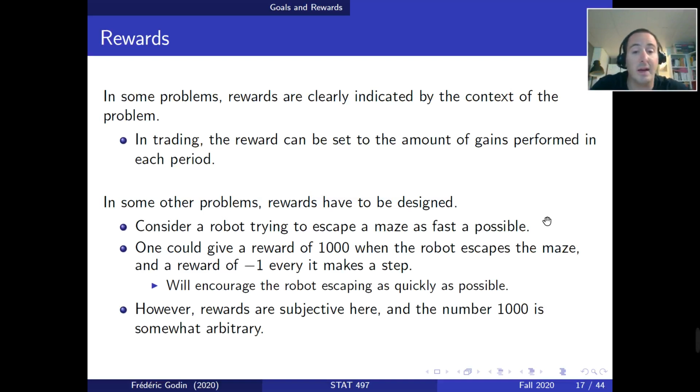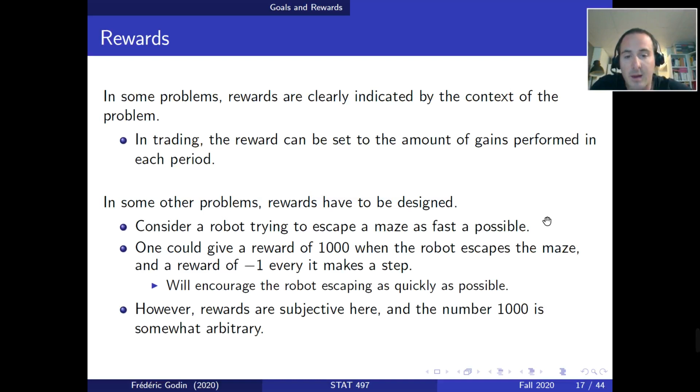Okay, so this will encourage the robot escaping as fast as possible from the maze because he wants to take as few steps as possible, because every time he takes a step he gets a negative reward. So he wants to take as few steps as possible before getting the terminal reward of 1,000 when escaping the